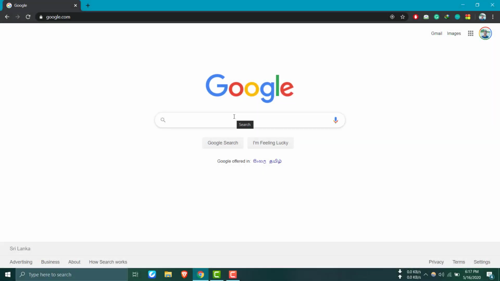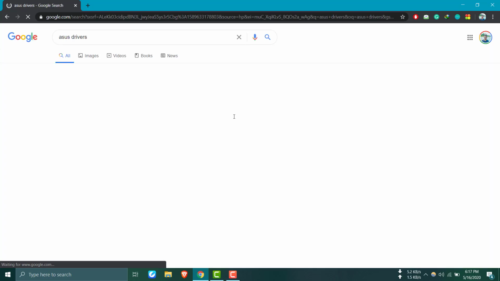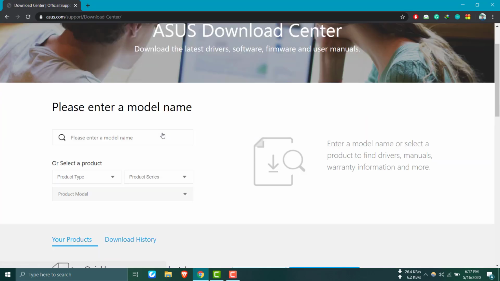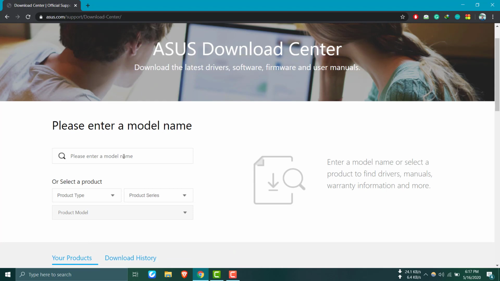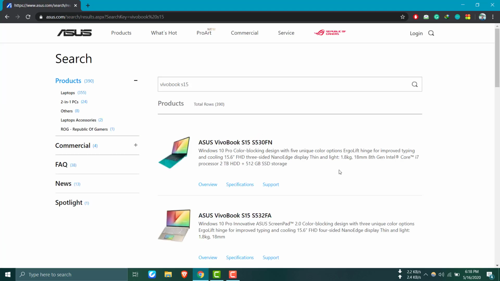Okay, you should search Asus drivers and click the first link. In that first link, enter the model name. Mine is Asus VivoBook S15, so just enter it.